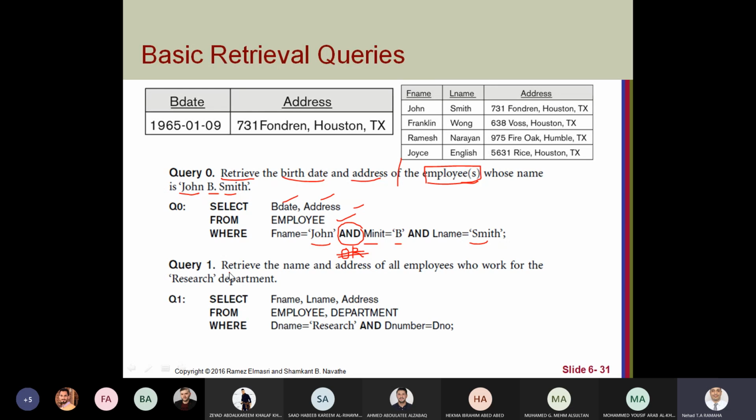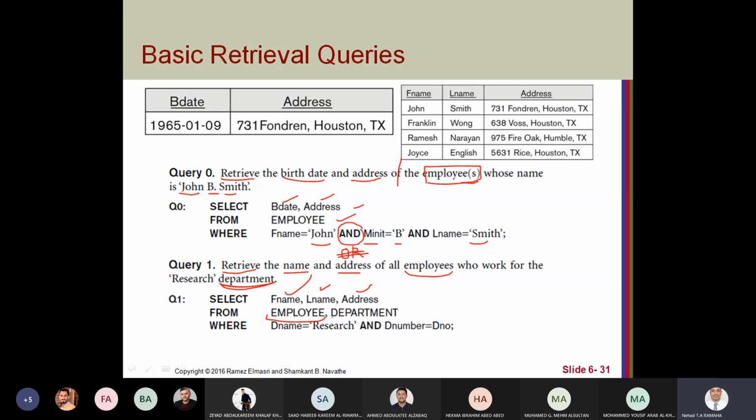Another query: retrieve the name and address, meaning first name, last name, and address, of all employees who work for the research department.